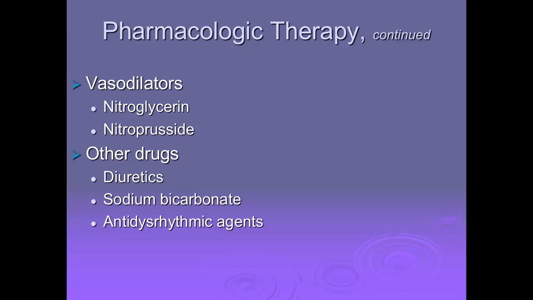All right, your vasodilators. Examples of these are your nitroglycerin and nitroprusside. These drugs cause vasodilation and act directly on smooth muscle, affecting both arterioles and veins. And these effects decrease the oxygen need of the heart, decrease pulmonary congestion. Vasodilators are used primarily in the treatment of cardiogenic shock and may be combined with the use of dopamine as well.